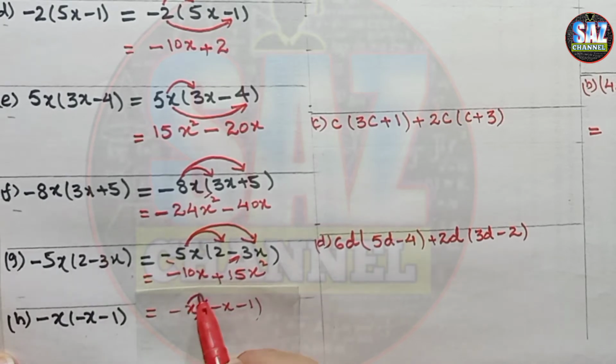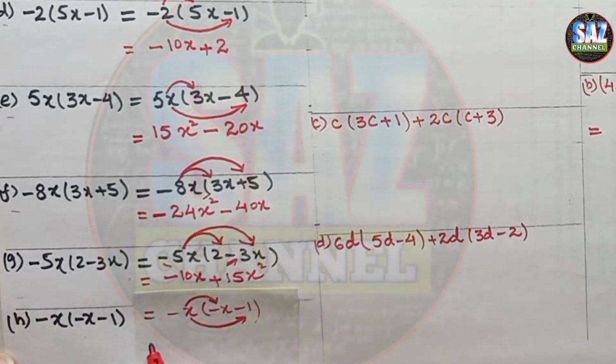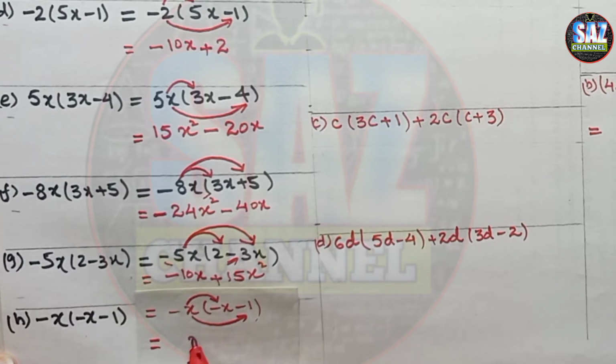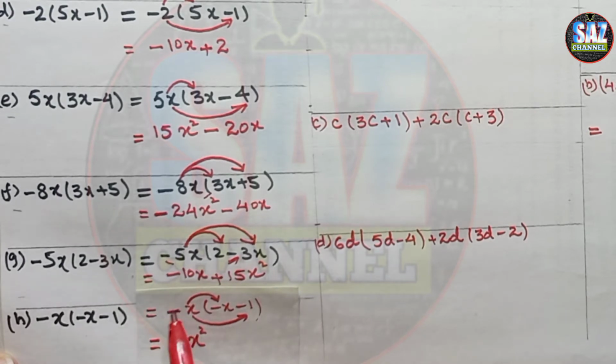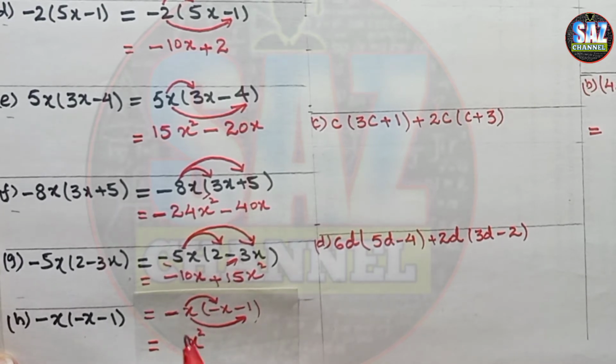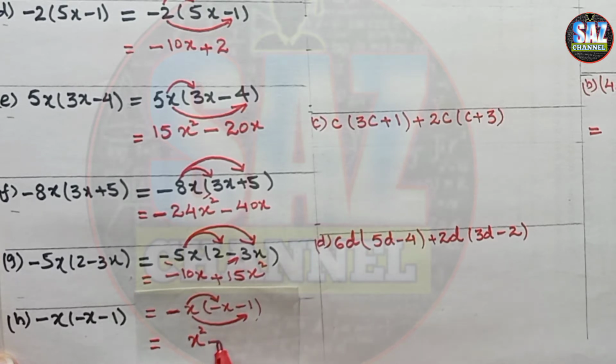And then what we have to do, we have to apply the distributive property carefully, so this x will be multiplied with this x, and when a variable is multiplied with the variable with the same base, I have to add up the indices, x square. Then minus multiplied by minus will give me a positive sign, and then again minus 1 multiplied by minus 1 will give me positive, and this will give me positive x.